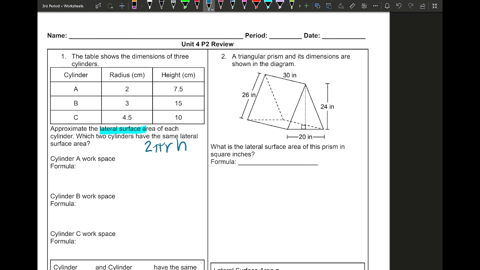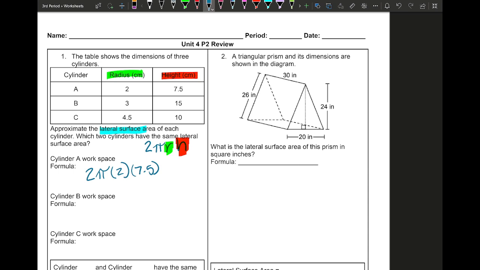So all we have to do really is plug in those values in the calculator. We have cylinder A, and this is good because they gave us the radius, and we need the radius. The other thing that we need is the height, which is the distance between the two bases. So for cylinder 1, we put 2 pi times the radius. What is the radius for the first one? 2. And the height for the first one is